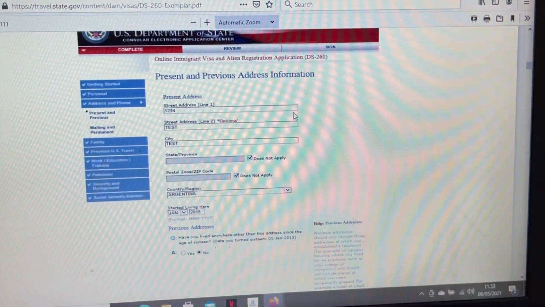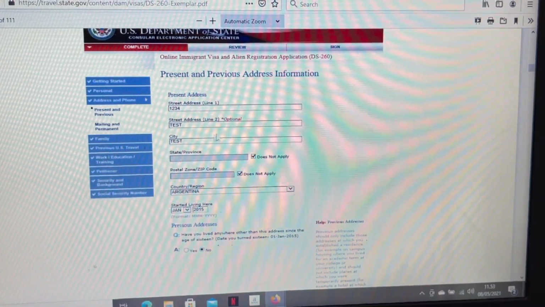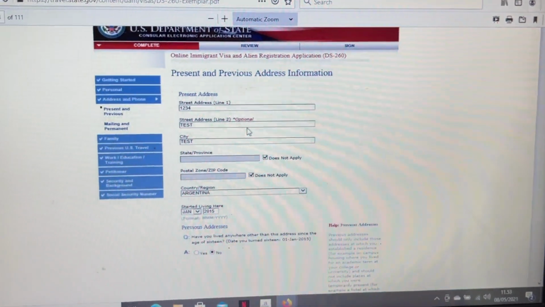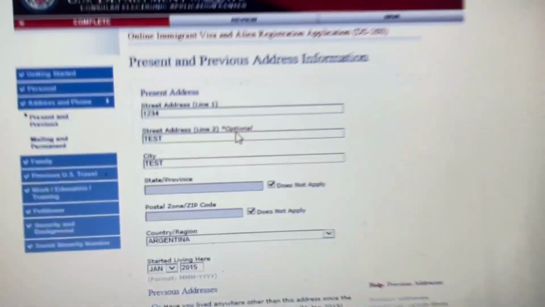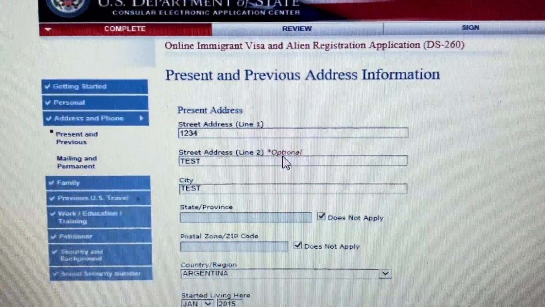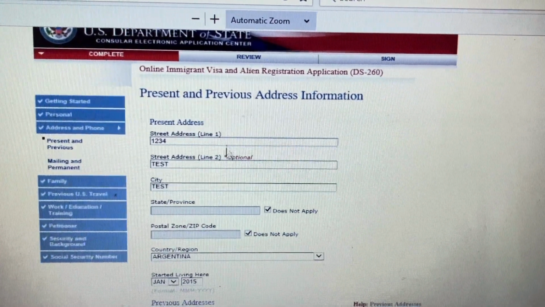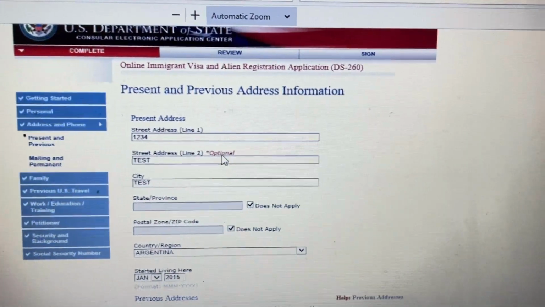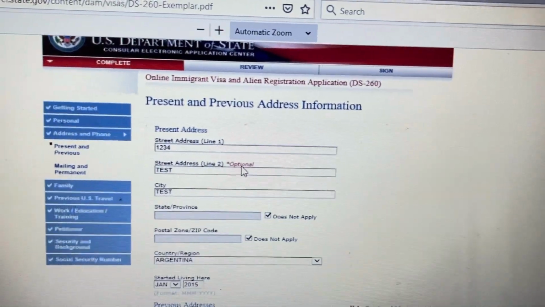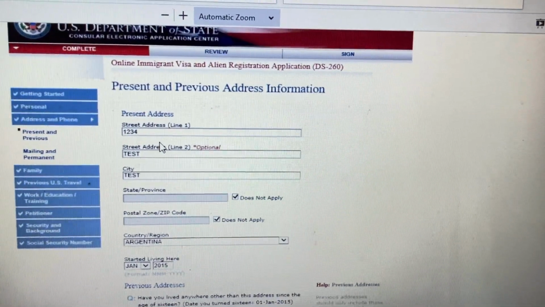Okay, so street address 2. By the way, if you're seeing optional here, that means you can just not put anything in there. But for those who does not have optional, you should put something or write something on those blank forms. Okay,